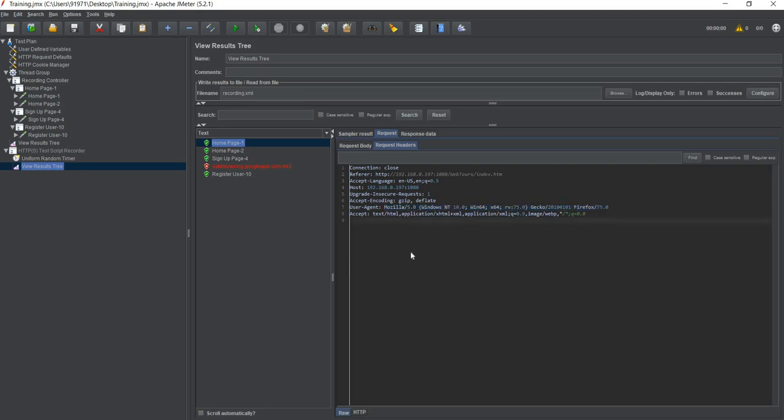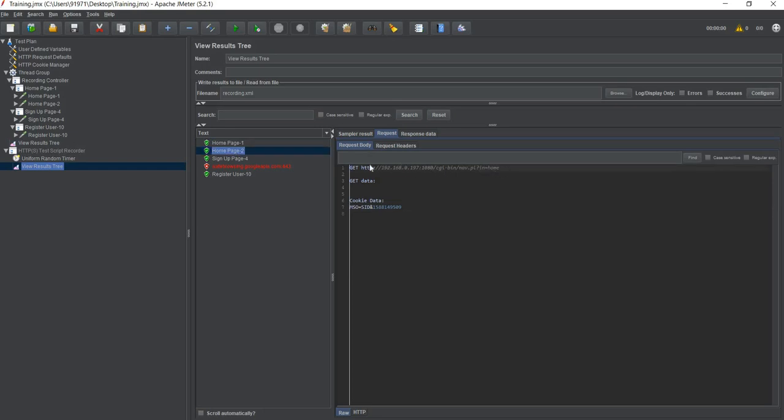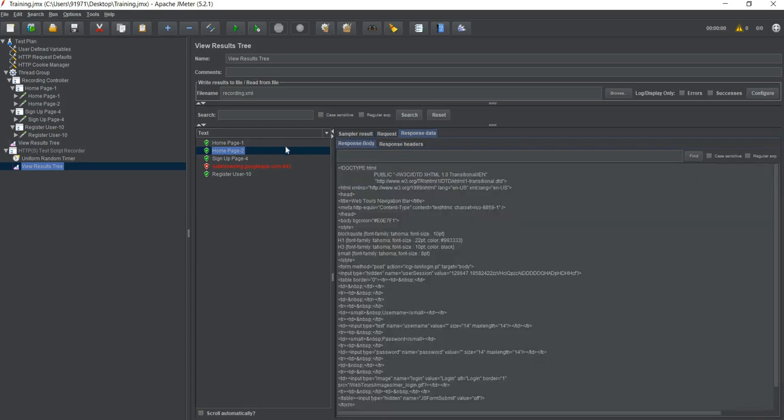So the server knows, by using these headers, what kind of request it is and how it is getting this request. Similarly, for the request you can see the request body, but it does not have any data over here and it does not have any cookies. Now we go to the second request. Again, this is the request, and these are the request headers, and this is the response.